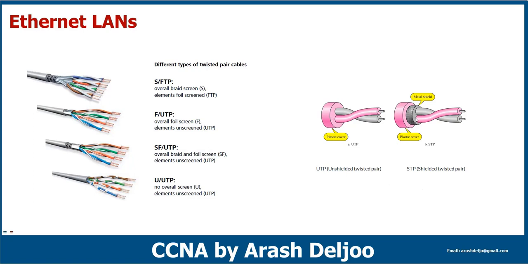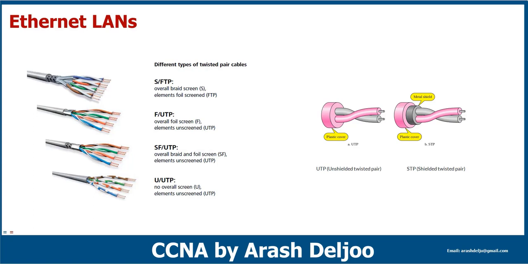UTP and STP can be used in Ethernet LANs. When you are using UTP, in almost all cases you are using it inside your room, for example inside the room, or in a SOHO, a small office, home office. But we are using STP when we are connecting, for example, two switches together, or in some cases